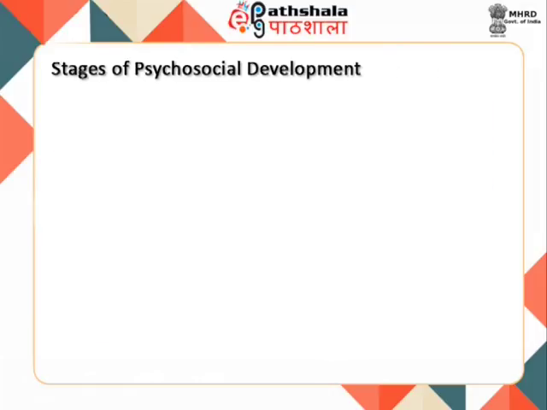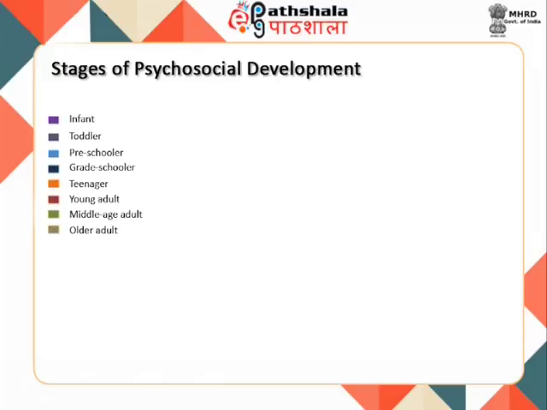Context plays an integral role in the lifespan of an individual's development. The role of context can be understood in the stages as follows. Stage 1: Trust versus mistrust. During the first 18 months of life, trust develops. Depending upon their interaction with the external environment, the infant either learns to trust or mistrust the environment.